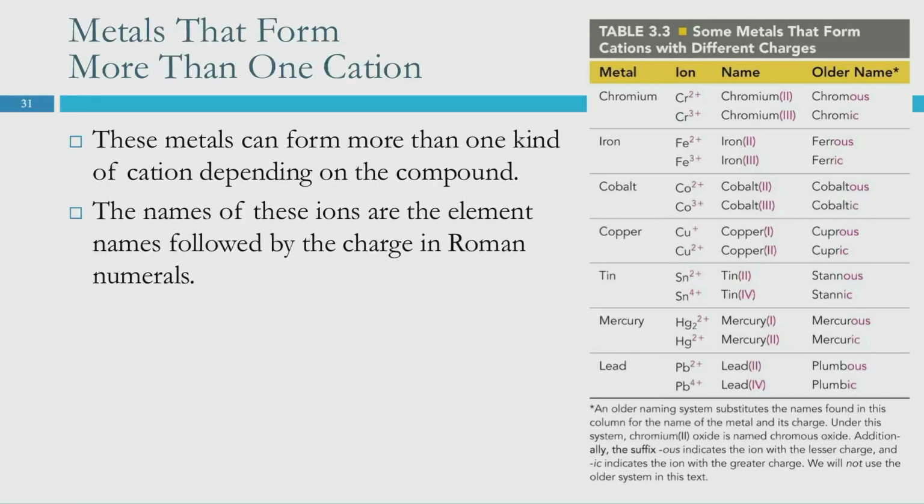So all this middle block, anything that's in there, and some of the other stuff like tin and lead, thallium, indium, and gallium, those would probably also fall into the can-form-more-than-one kind of cation. And we've got two naming conventions, or two naming rules. So one set of rules is classical,